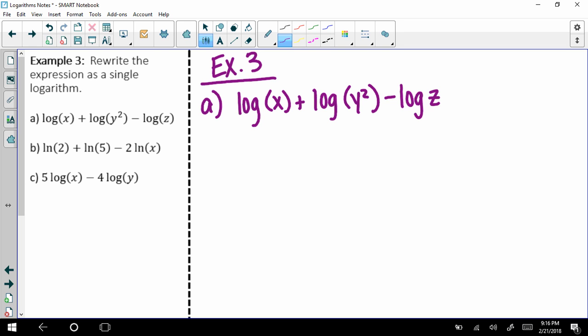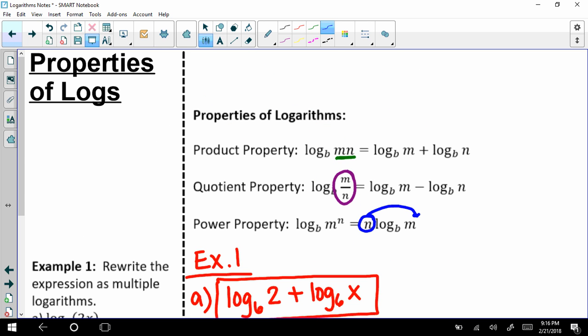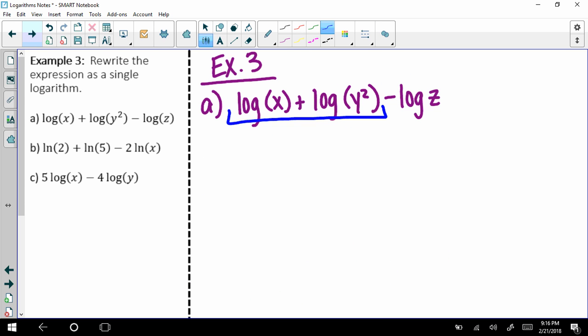Okay, so I'm just going to take this piece by piece. So this one, I'm going to take this part first. So we see addition, so then that means we're going to use this first one here. Because I see addition, which then means if I'm going backwards here, that means I have to multiply those two things together. So now this is going to be log of x times y squared,